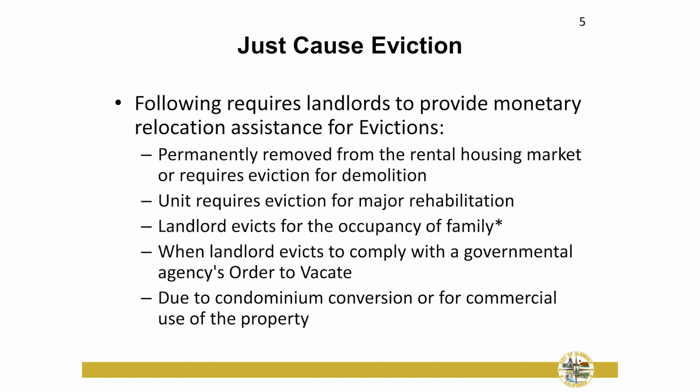Under Just Cause Eviction, tenants are eligible for relocation assistance in certain circumstances. This is not to be confused with the new Rental Rights Relocation Assistance. Under Just Cause, tenants may seek relocation if being evicted for the following reasons: